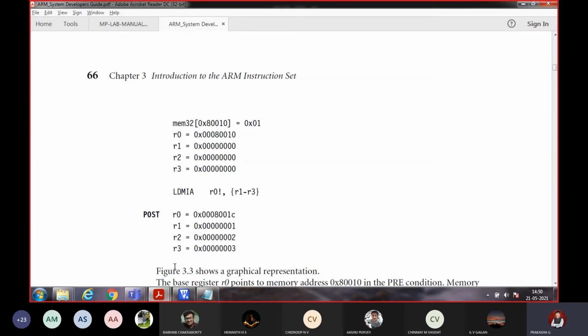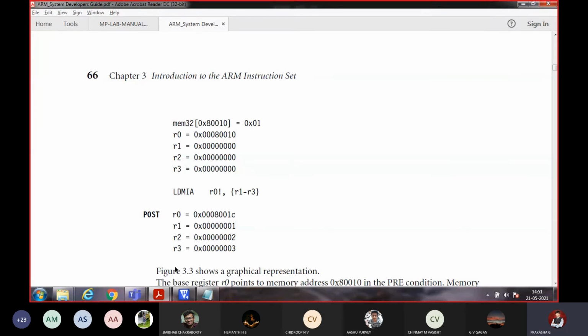Separate memory for cache, separate memory for TCM, separate data memory, separate instruction memory, separate cache for data, separate cache for instruction, separate TCM for data, separate TCM for instruction. All those things are available in the textbook. They are simple figures and diagrams. Neatly you have to write. You'll be having sufficient time. The question paper will not be that lengthy. You can easily write all the answers in time.